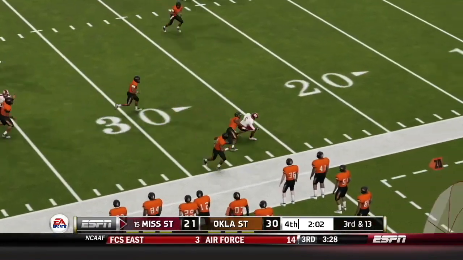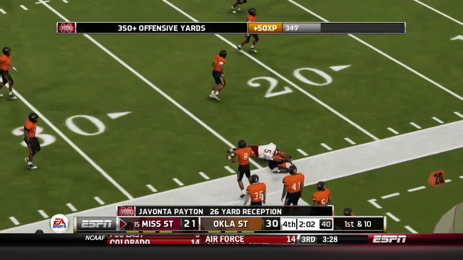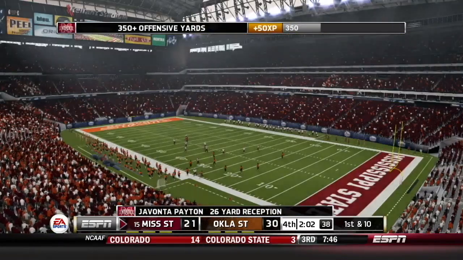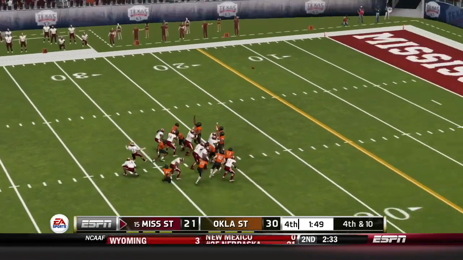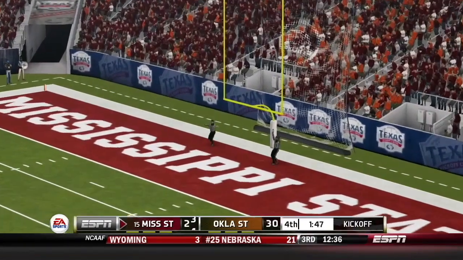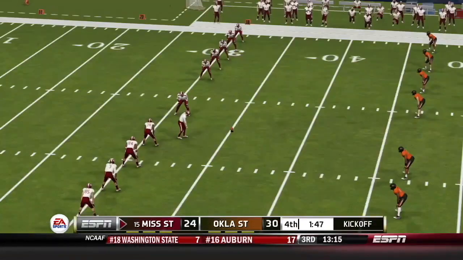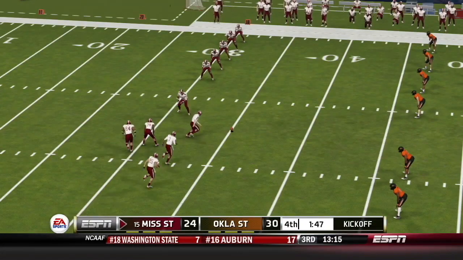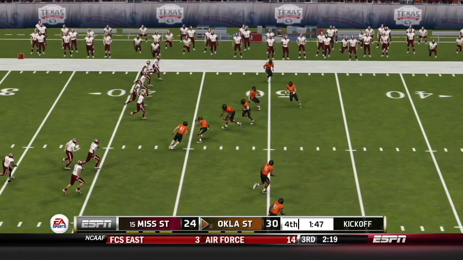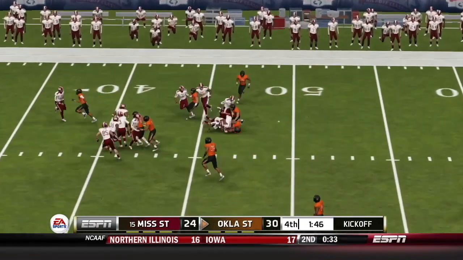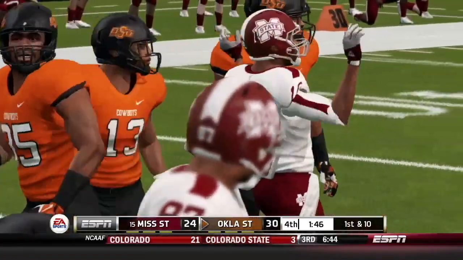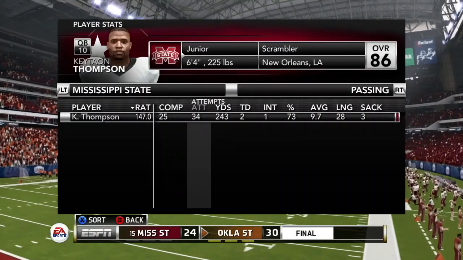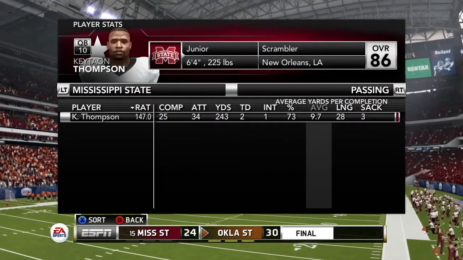2 minutes left. That's a big conversion right there. Javonta Payton, 26 yards on 3rd and like 14. And they're going to have to settle for a field goal to make it a one-score game again. But with only a minute 47 left, they've got to try the onside kick. Here it comes. It'll be picked up by Oklahoma State, and that should do it. Jelani Woods with the recovery for the Cowboys, and Oklahoma State was able to run out the rest of this clock. They win